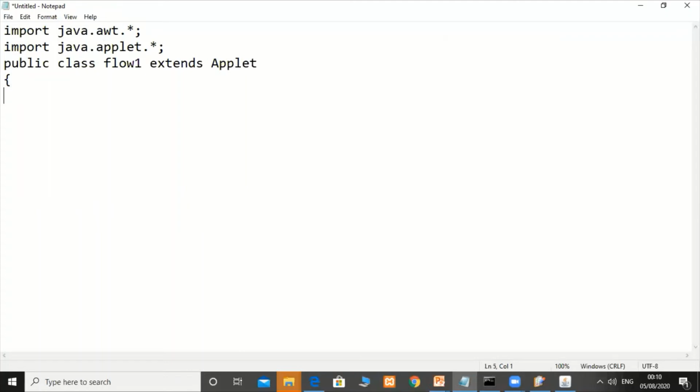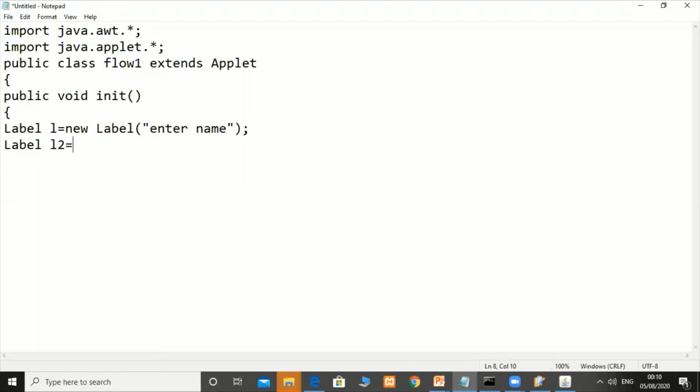Then inside the init method, create Label L, new Label, "enter name", then Label L2, new Label, "enter password".